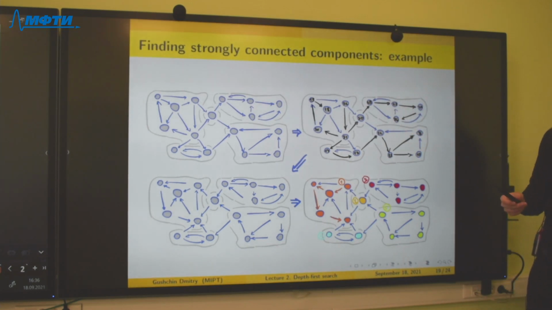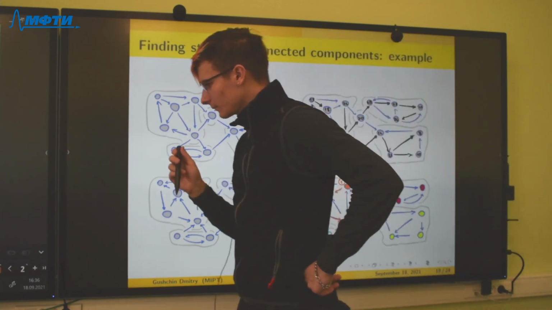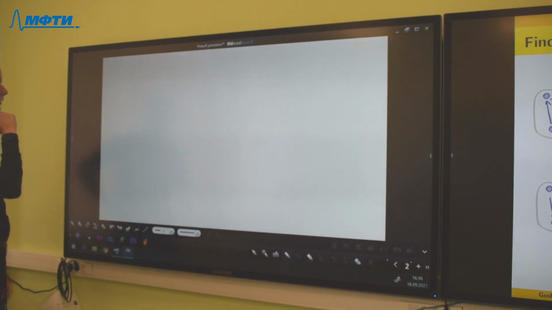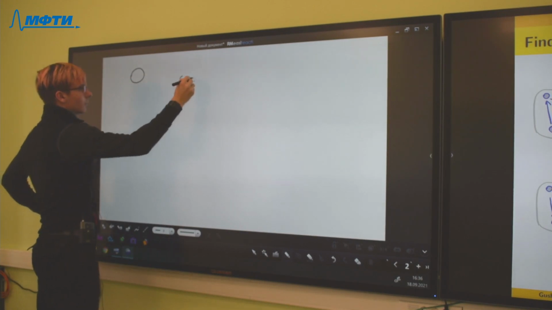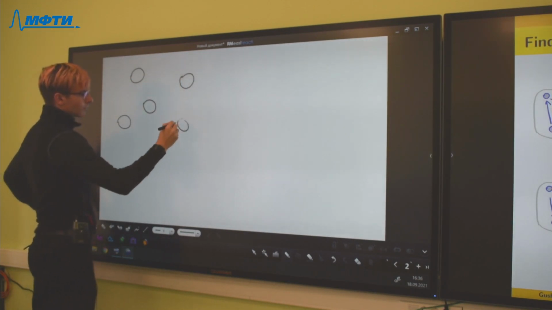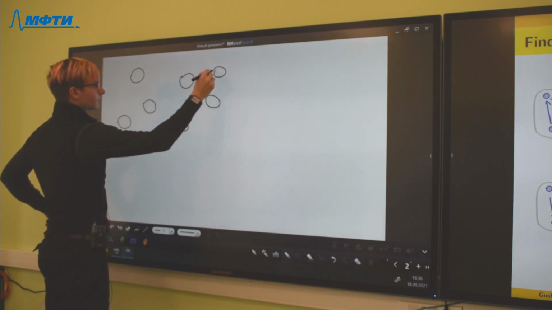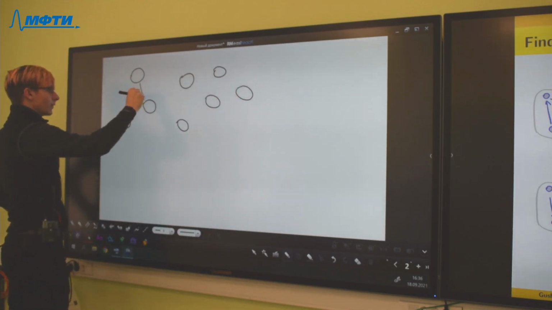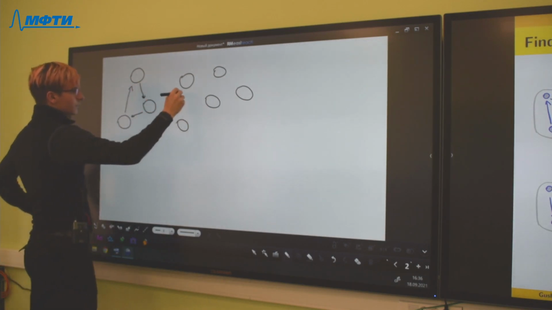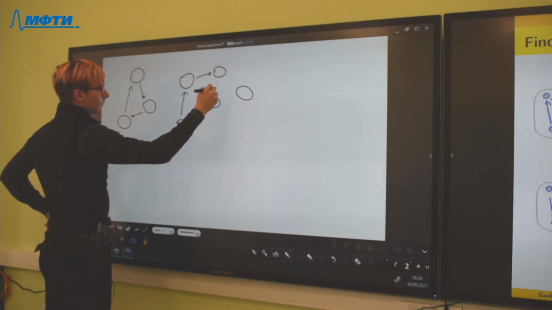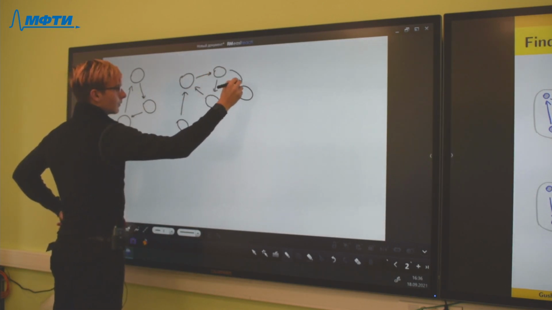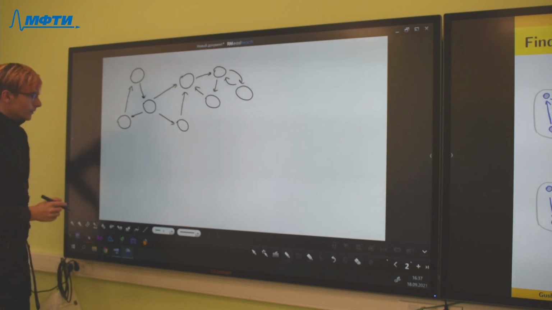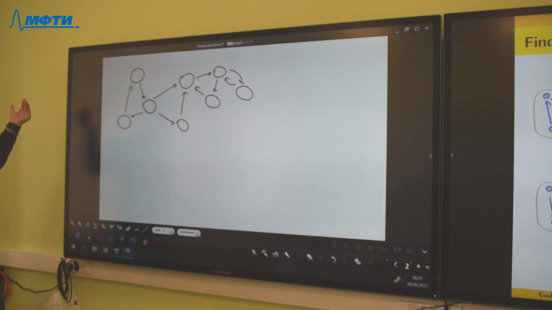I repeat it with the example, okay? For example, we have this graph initially.